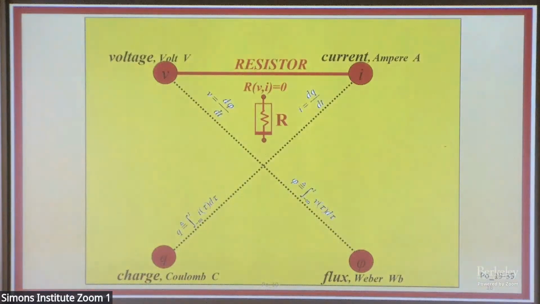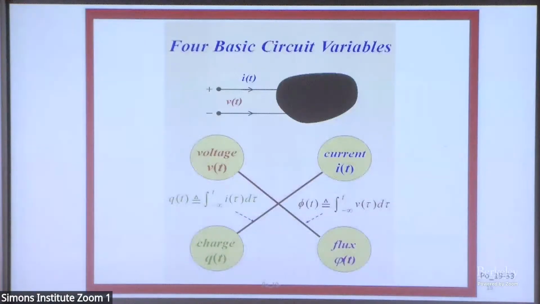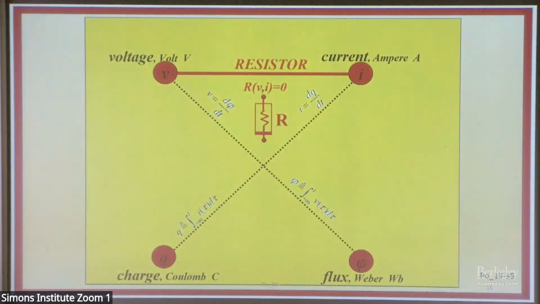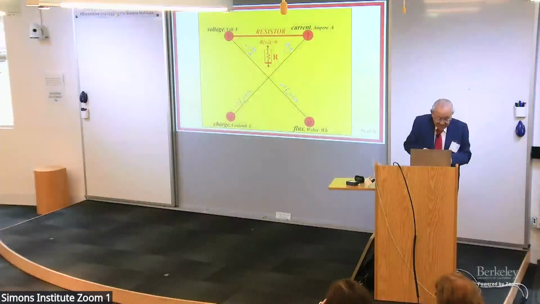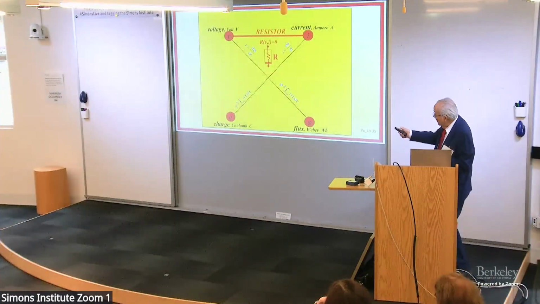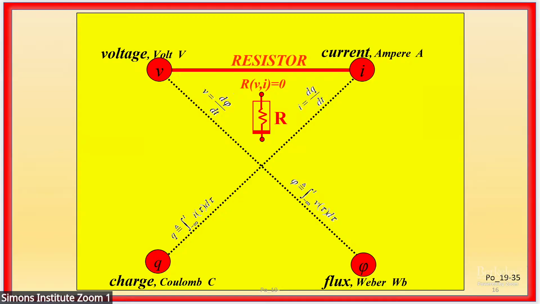Okay, thank you. So from the four fundamental variables, this is how I define the proper way of defining a circuit element. If you relate two of the four variables by a mathematical relation, such as the first one, a relationship between the voltage and current, such as this relation, that element is called a resistor, and that would